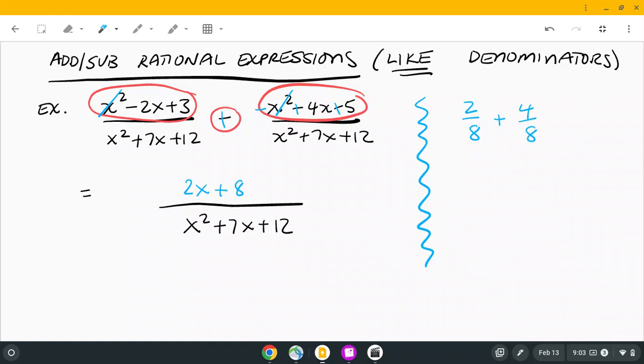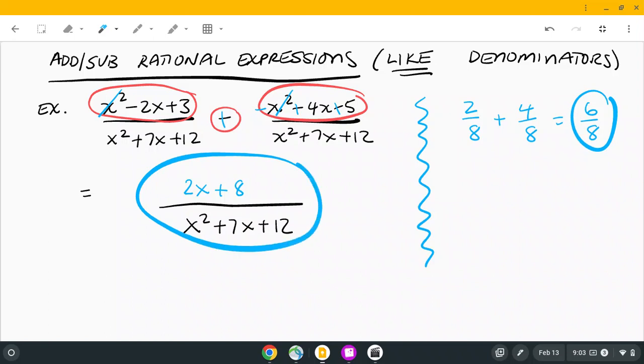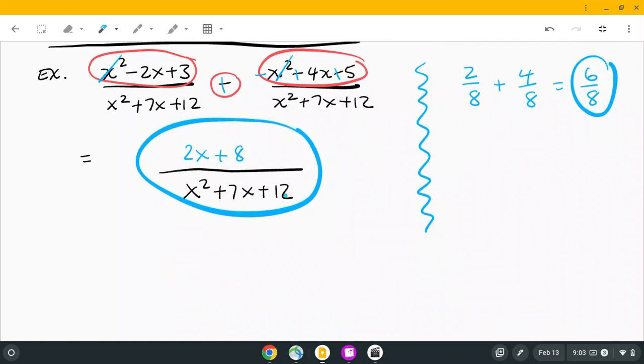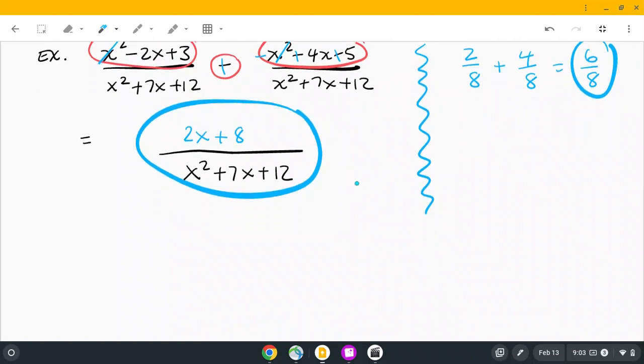Well, you would just add and you would get 6 over 8, right? Okay, but do you remember when you have this here, you have to simplify your answer, right? We learned how to simplify rational expressions as well. Okay, so when you combine your like terms, don't stop there. Make sure with your final answer, if you can factor, go ahead and factor